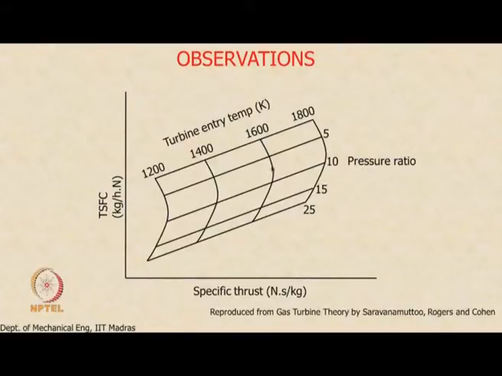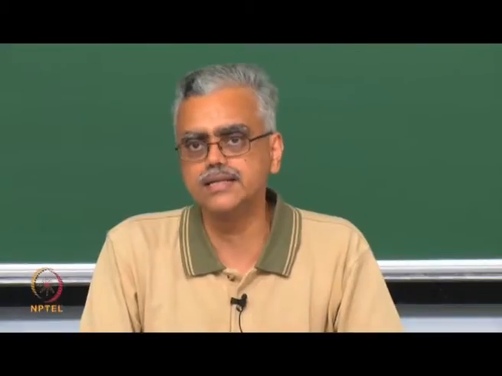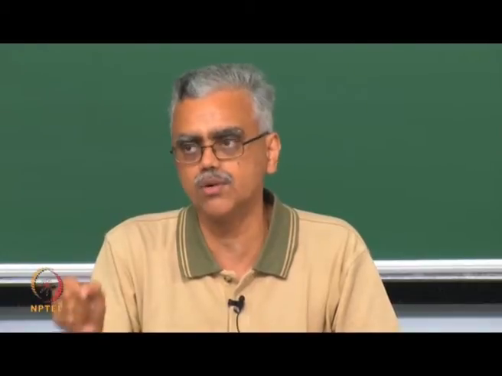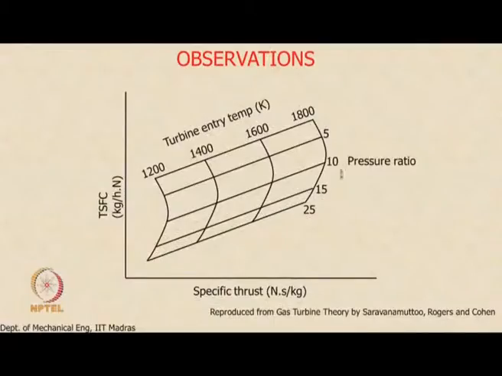However, for a given turbine entry temperature, if you take any one of the turbine entry temperatures here and look at the effect of pressure ratio, you see that the specific thrust actually increases slightly up to about a value of 10 and then it begins to decrease, and that was what we had also said. Thrust can increase or decrease depending upon the actual value of the pressure ratio, and that is what this one also tells you. Now, this tells you quantitatively that thrust actually increases up to a pressure ratio of 10 and then begins to decrease, specific thrust.